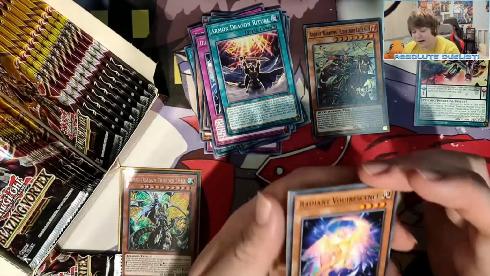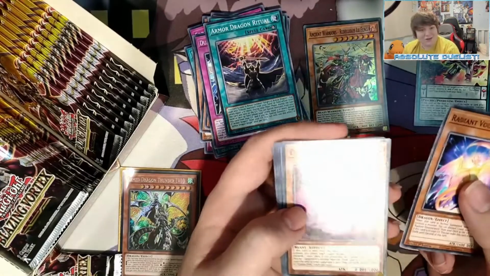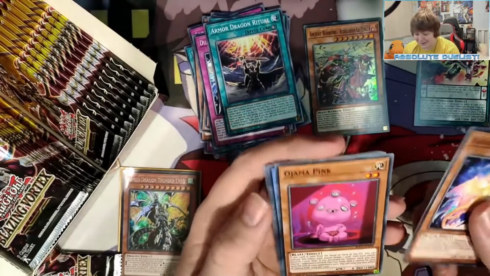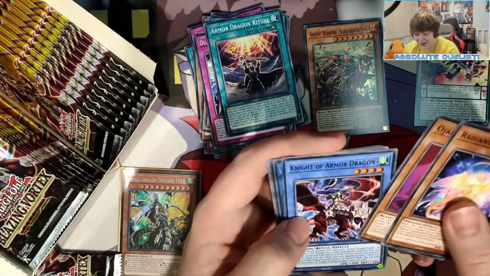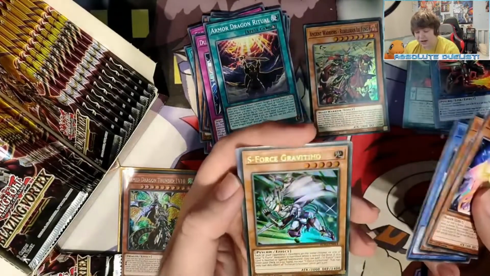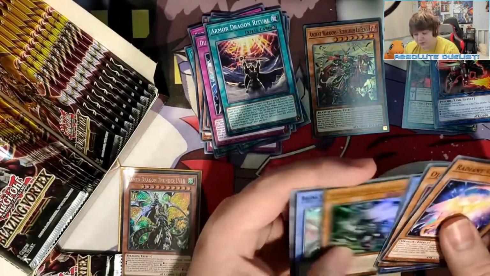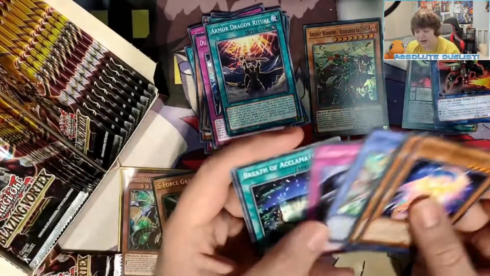So we got Radiant Volscian Essence. I don't know what that card is. Wait, they made an Ojama Pink? I didn't even realize they made an Ojama Pink. Okay, cool. Knight of the Armed Dragon. The new Metalfoes card, and Secure S-Force Gravitino. One of the new S-Force monsters. That's kind of cool. S-Force is kind of...